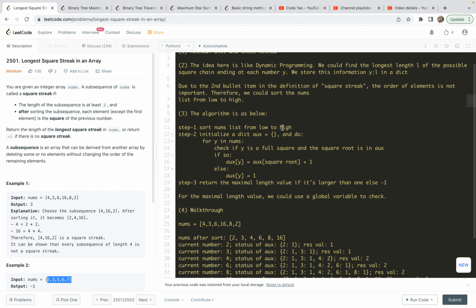The third item is on the algorithm. Here the algorithm is as below. Step 1, we sort the nums list from low to high for us to easily check the chain. Step 2 is to initialize a dictionary called aux, initially empty, and do the following. For each number y in the sorted list, we check if y is a perfect square and the square root is in aux. If so, we are going to